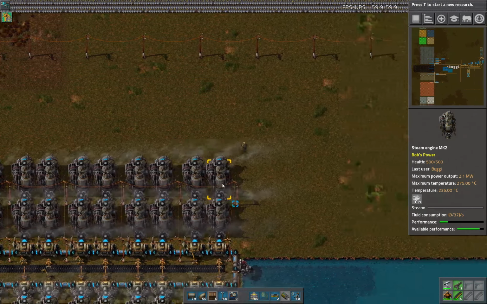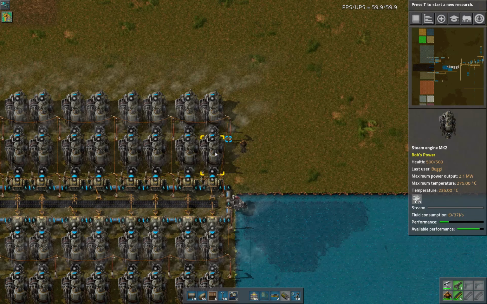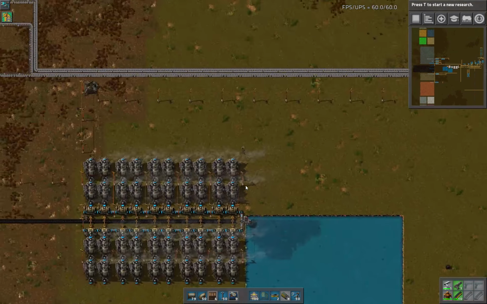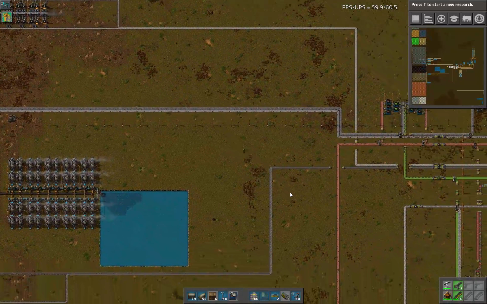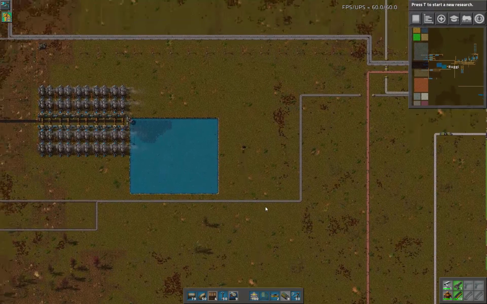There it is. So we have a ton of material now. And now we're again using about a third, or maybe even a quarter more. It's somewhere between a third and a quarter of the power that we have. So we have a lot of production capability, and that will give us ample power to then use wherever we want. So the next thing we want to get is we're gonna want